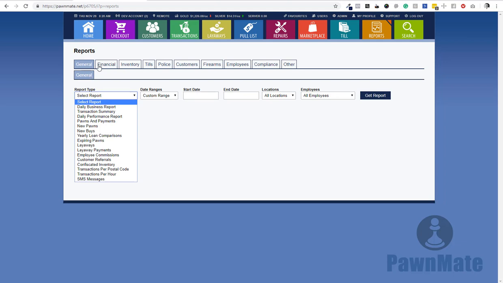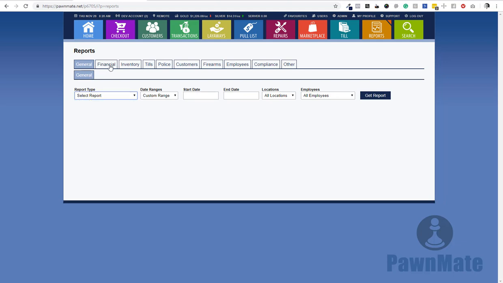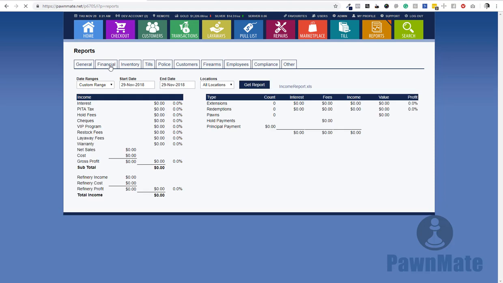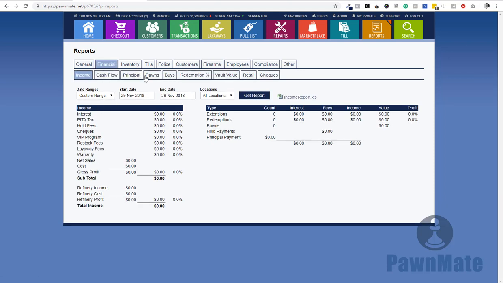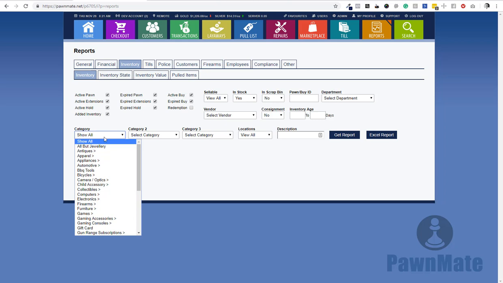Okay, so you have general, financial, inventory. So if I go to financial quickly, you can see I have income, cash flow, principal, pawns, buys, redemption, vault value, retail, checks, all that here. Inventory, same type of deal. I can sort by all inventory. So if I just want to go